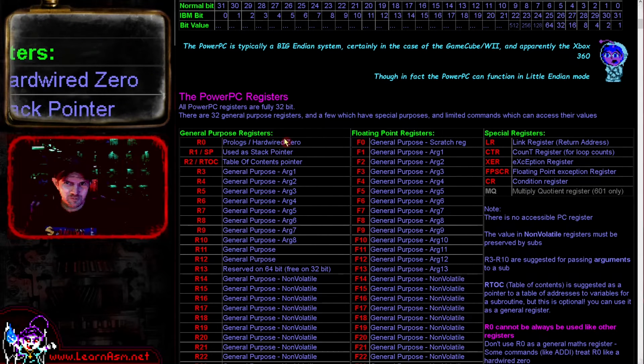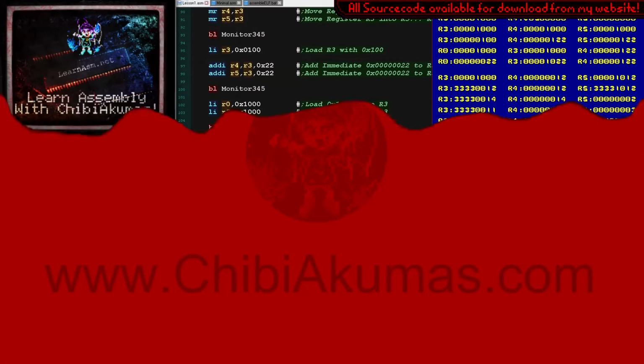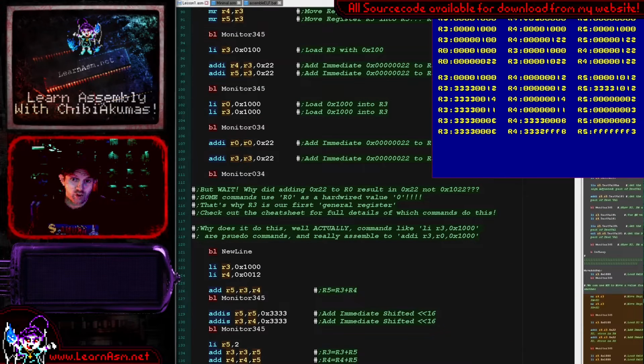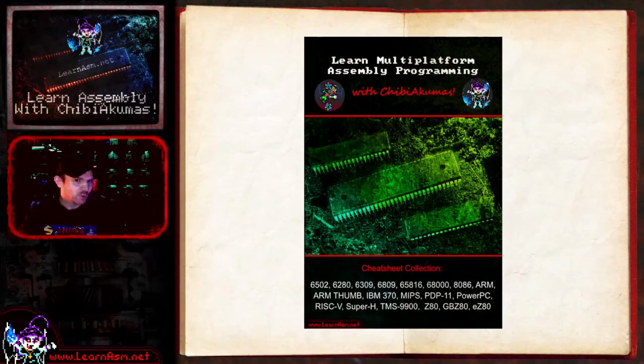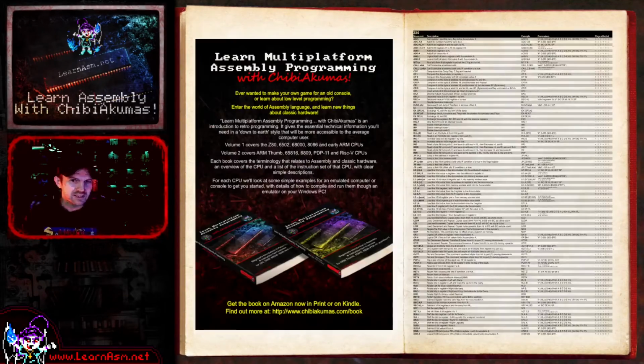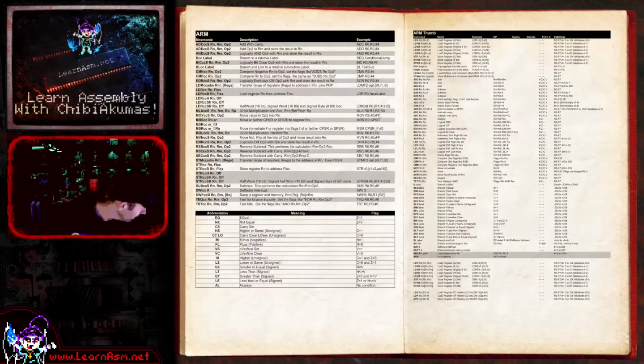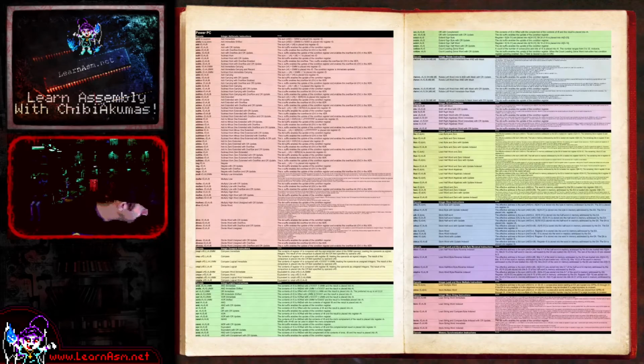R0 has the special purpose of hardwired 0 in some cases. What cases? Well, it depends on the command. So the first rule of thumb is don't use R0, but the other thing is you need to check out the documentation. You can either get the official IBM documentation, it's free, it's linked on my website and it's very good, or you can get my cheat sheet, which is also free and is also hopefully very good. If we go to my books page here, we can actually see the documentation. And if we have a look at the PowerPC page,